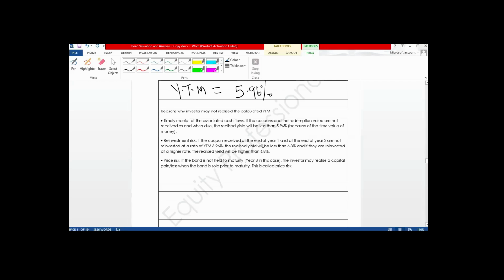The realized yield will be less than 5.96%. Alternatively, if they are invested at a rate above the YTM, the realized yield will be higher than